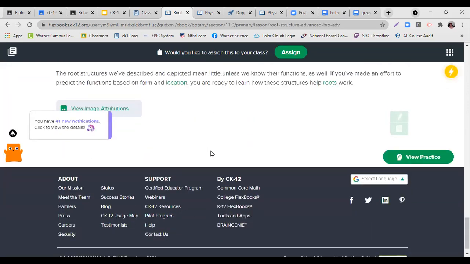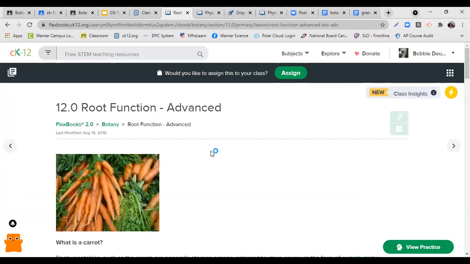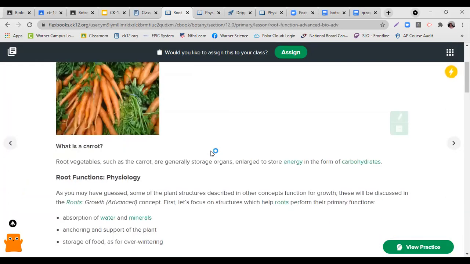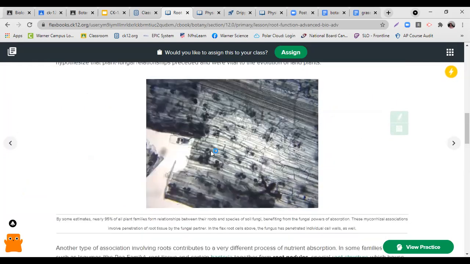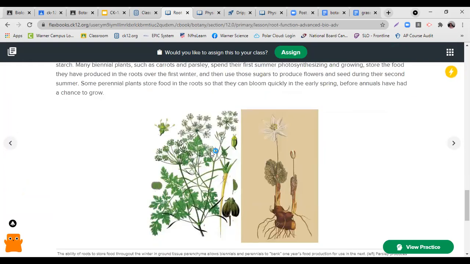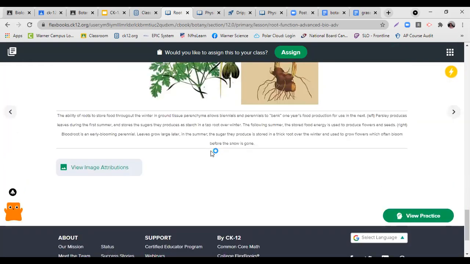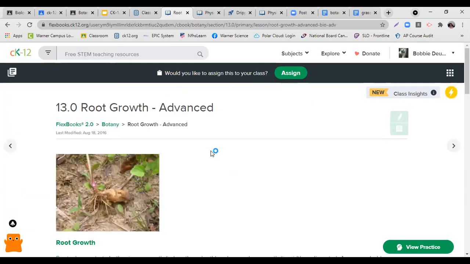And there are some questions at the bottom of some of these that you can ask. So it starts right away. What is a carrot? And so we're looking at those vegetables and those roots, and you have nice microscopic images. You have great pictures of your roots and what they do for anchoring. And one of the other things is that we have a little bit of an insight button that you see